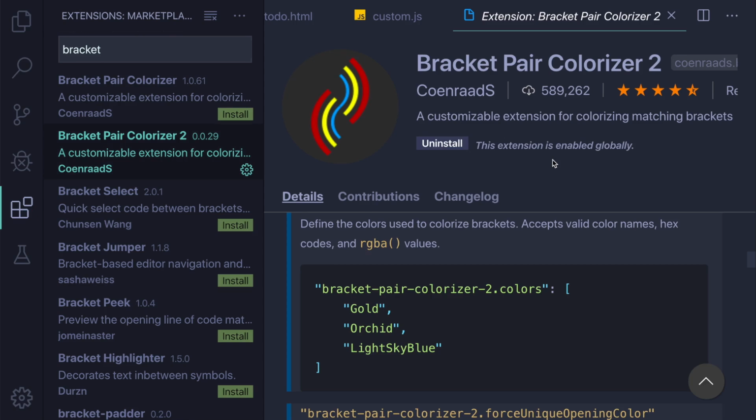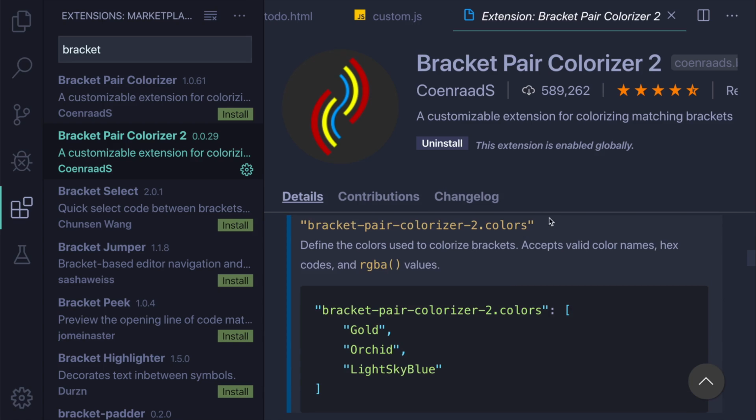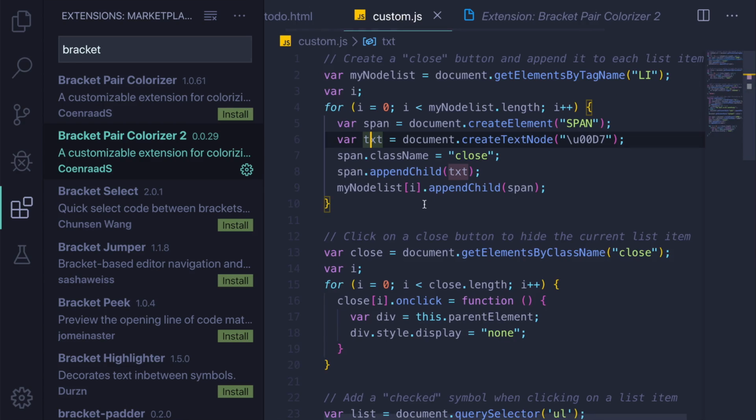Now you can see it is installed. So this extension is for colorizing the matching brackets. So let's open our JavaScript file, and here you can see we have curly braces, and you can see the block of code is bounded by a box of yellow color,